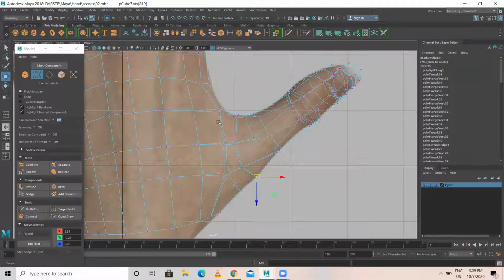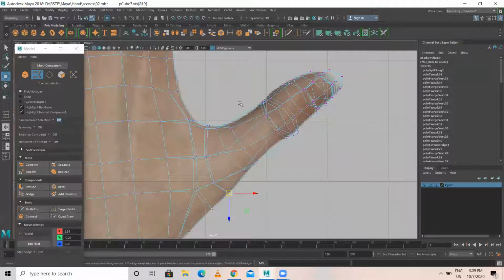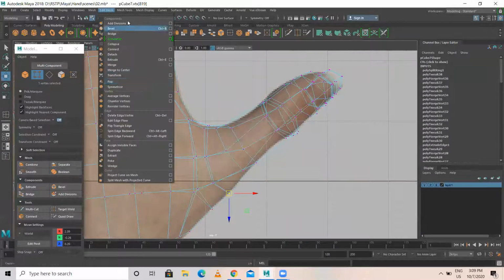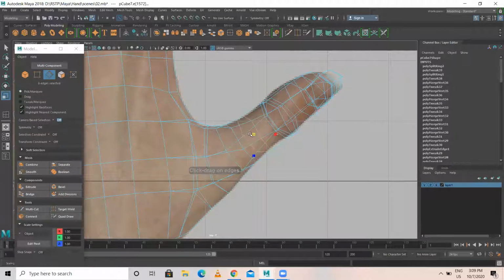Okay, it's done. I can add one more edge loop here, somewhere here, something like this.